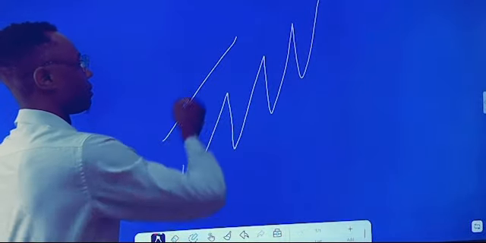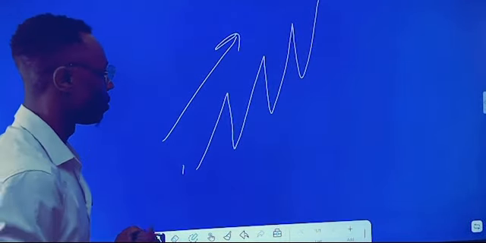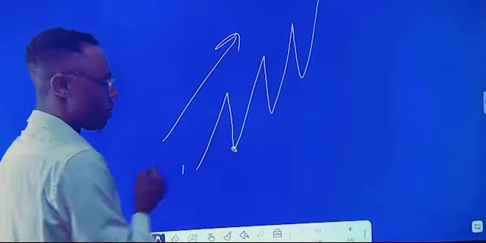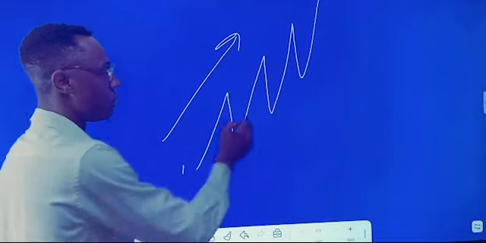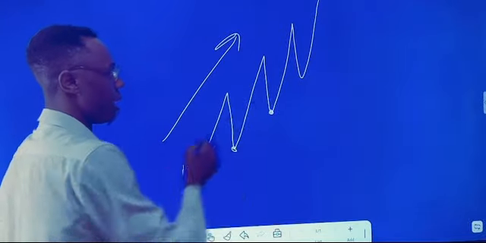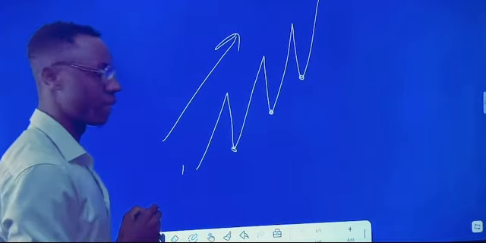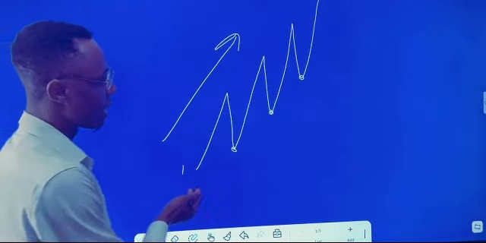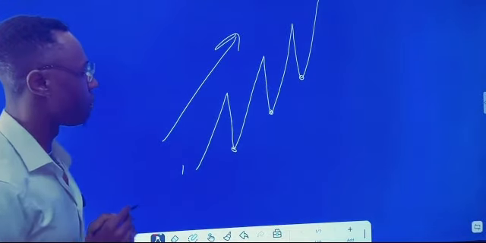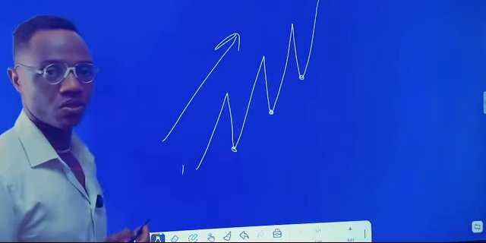This is an uptrend. Now, you find your buyers entering from this zone, buyers entering from this zone, and buyers entering from this zone. So in the same inclined zone, the market has touched that zone